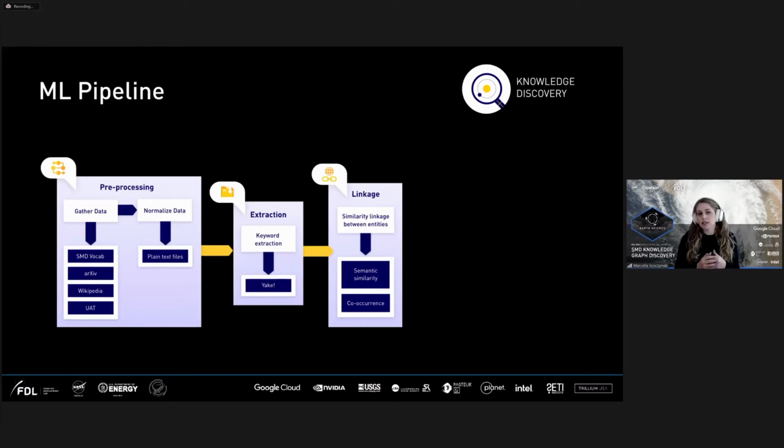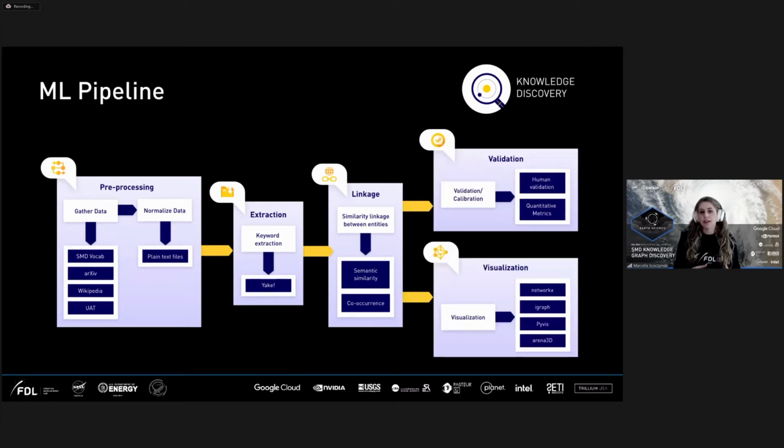For the semantic similarities, we find the term BERT on 2 separate datasets, one with only heliophysics and another hierarchically with both heliophysics and astrophysics texts. We then use their embeddings to compute the cosine similarity between the terms to study their relations. The knowledge graph is then human validated and also by quality metrics. And the visualization can be created with several tools, including Arena3D, which is the one we selected for our case. Keep watching, and you will see Rolene presenting you amazing visualization of our graphs.